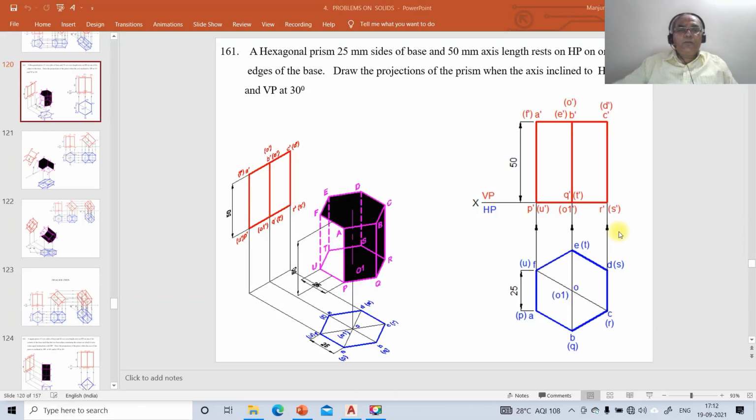Now we're going to take up one more problem on projection of solids. Problem number 161: how to solve this problem by using AutoCAD software. The problem reads as: a hexagonal prism of 25 mm sides of base and 50 mm axis length rests on HP on one of its edges of the base. Draw the projections of the prism when the axis is inclined to HP at 45 degrees and VP at 30